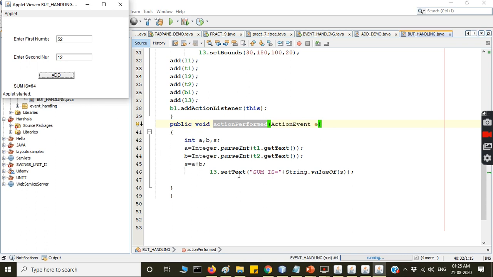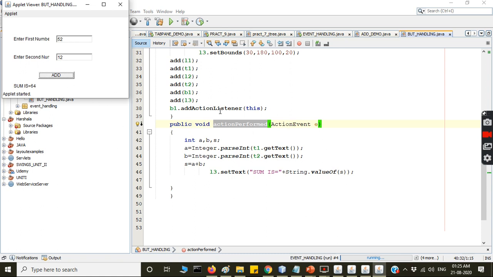To set the text we have the method setText. Where do I have to place it? Inside L3. So L3 dot setText equals sum is, again I am converting the integer into a string and placing it here. That's why String dot valueOf(s). So the value of s is 64. It is placed. So this is the event handling.